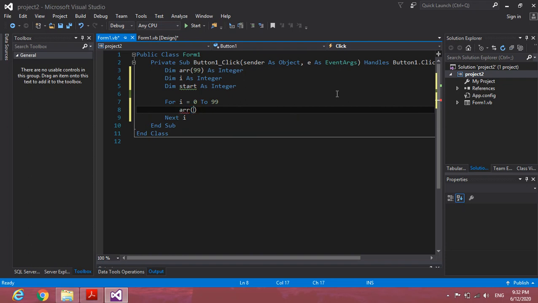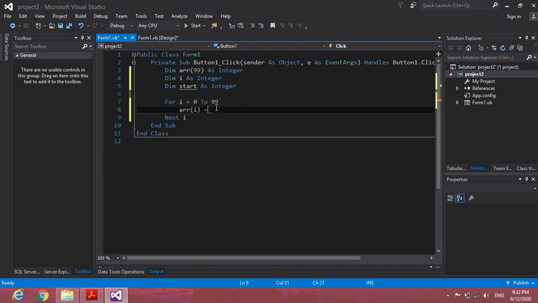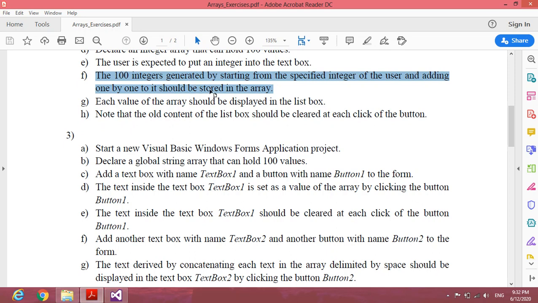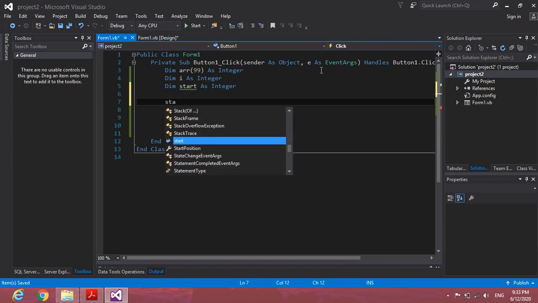To our array elements here. Before that, let's see the 100 integers generated by starting from the specified integer of the user. That means the user is expected to put an integer into the text box. Okay, therefore you have to read the value of a start